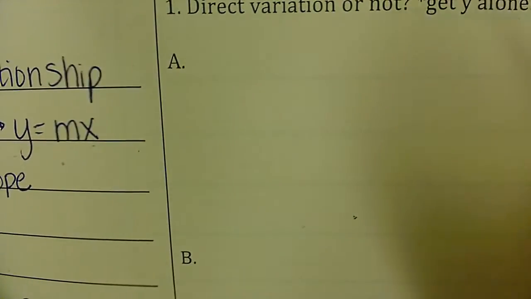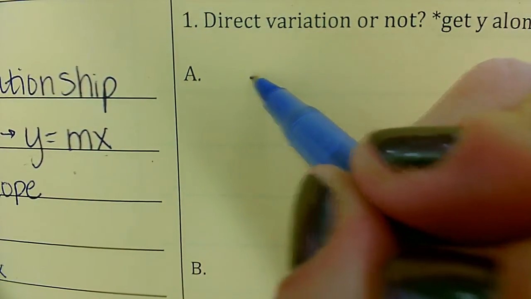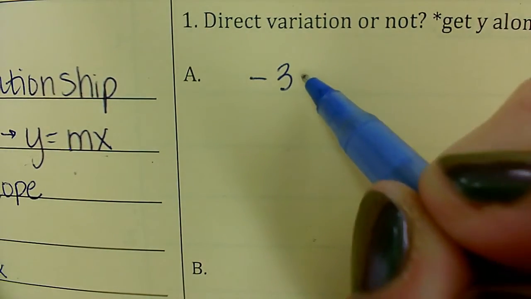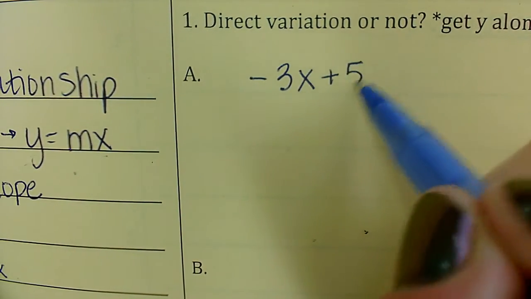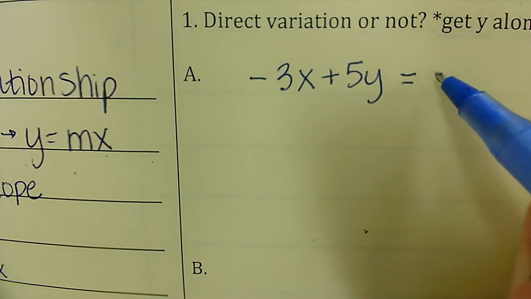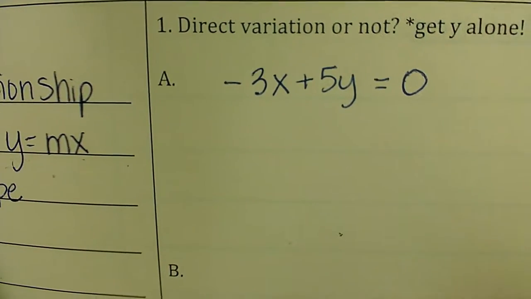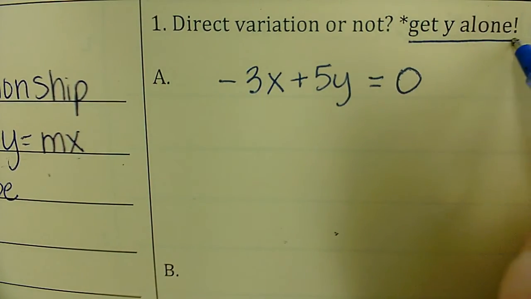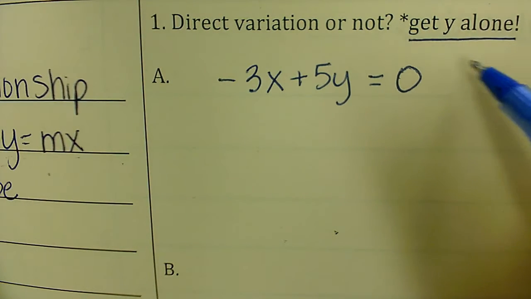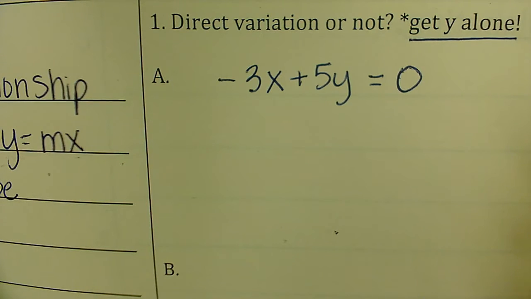So let's say I have, let's do negative 3x plus 5y equals 0, okay? So again, to figure out if it's a direct variation, I want to make sure that I try to get y alone, and if I can get it into y equals mx form, it would be a direct variation. So